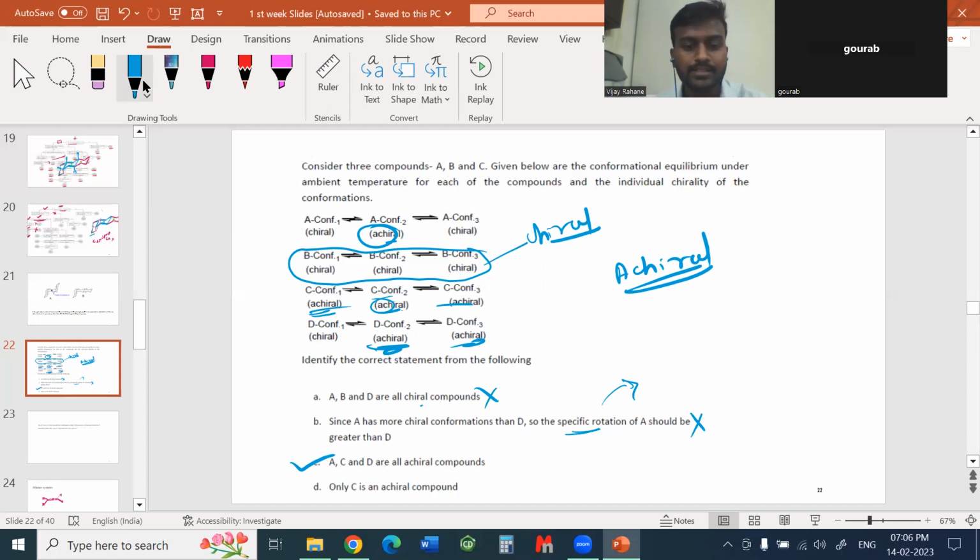A, C, D all are achiral molecules. This one, A, C, and D, right? All are achiral compounds. So this one is the correct answer. And where it seems C is an achiral one. Yeah, C is an achiral one, right? This one is also a correct statement, achiral one. But